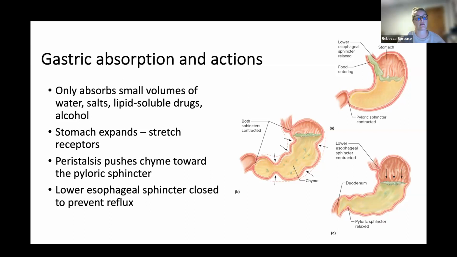But as that stomach expands, it distends. That's going to stimulate stretch receptors. That is also going to trigger a cascade in the small intestine after that as well. Because remember, we're all about preparing for the next step. And so as that stomach distends, the stretch receptors tell the next step to do something in response. Peristaltic waves are going to push that towards the pyloric sphincter, and that will eventually relax and open, and the stomach will empty. During all that, remember that the lower esophageal sphincter needs to close right after those contents enter